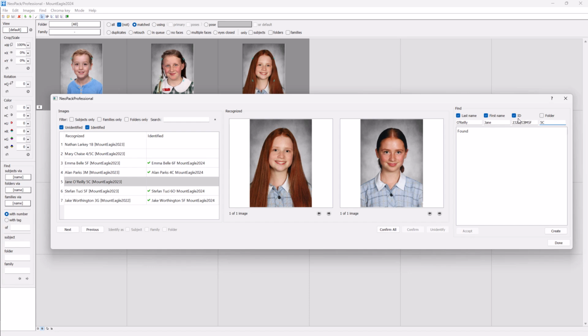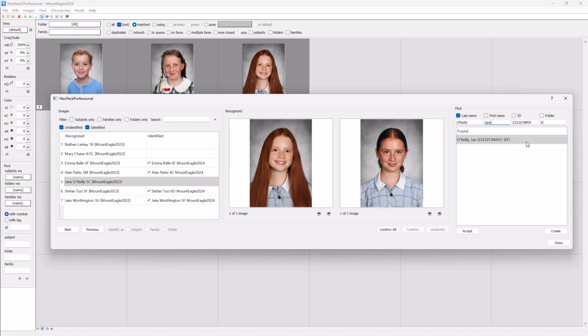The ID field would be perfect if your subjects have the same ID from year to year, but that wasn't the case for these jobs, so I will uncheck that also. That leaves us with the subject names. Sometimes the kids will have a different first name or even a different last name from year to year. Let me uncheck the first name filter so it's now only comparing the last name.